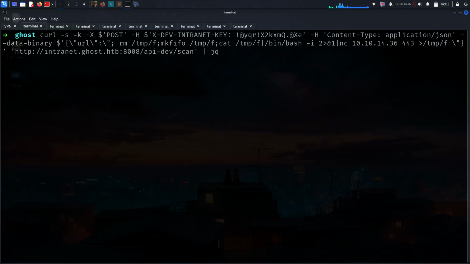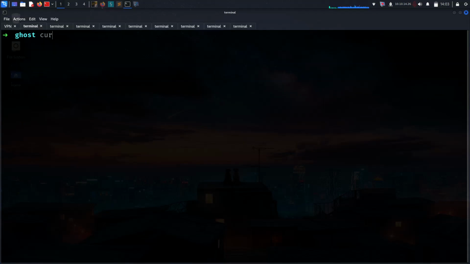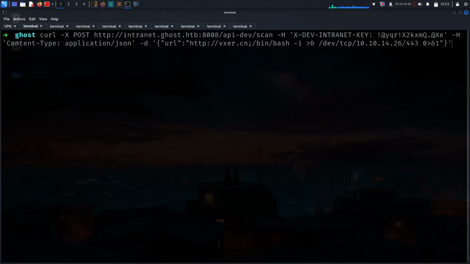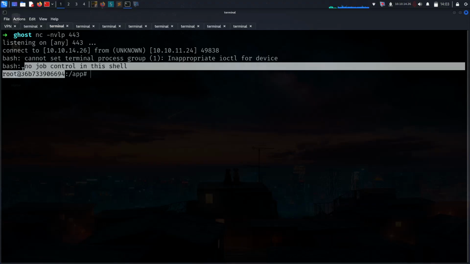Let's see. Is it going to work? So let's try here. After that I was just giving this one, and it seems like it cannot find it here. So we can also check without curl -x, something like that. It worked for me, so let's see if it works right now. Yeah, now it works. So we are grabbing the root shell here, but we are in the container, so